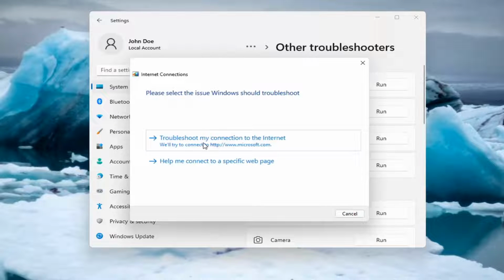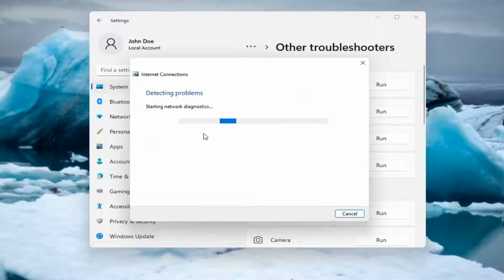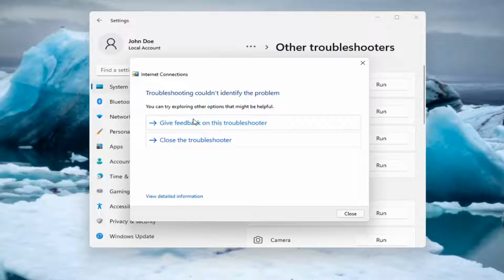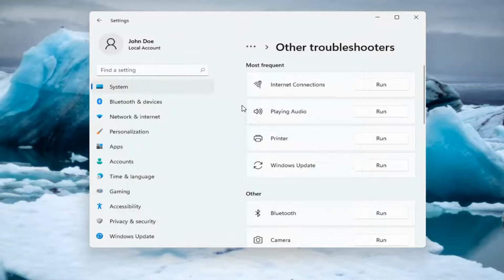And then you can try and troubleshoot your connection to the internet. So let's go ahead and just do a sample one that it recommends here. And if you were having a problem, hopefully be able to resolve it. It is doing things in the background here that you're not seeing, but hopefully that would have been able to resolve the problem. If you're still having an issue, you can go ahead and select the network and internet option